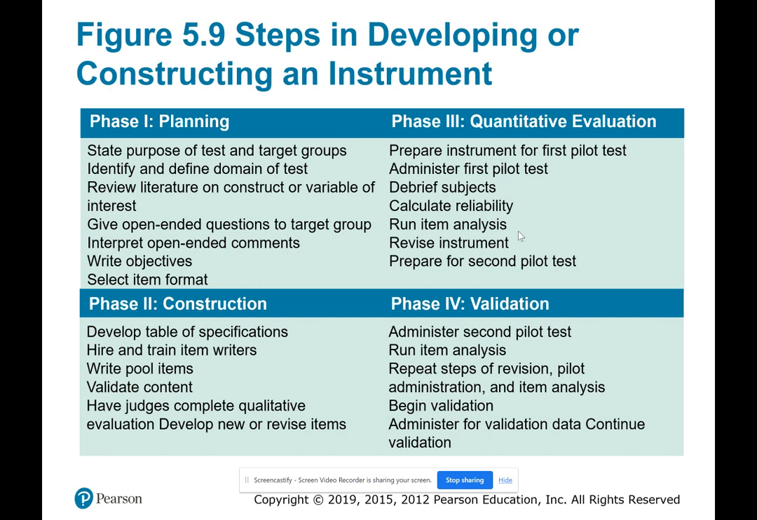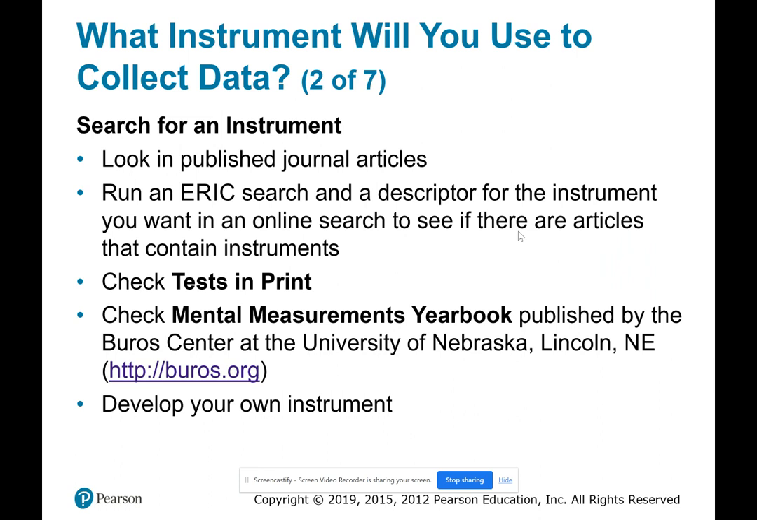If there's not an instrument to measure the variables in your study, then you'll have to create your own instrument, which is not an easy task. There are four phases in development, and those phases are right here: planning, construction, quantitative evaluation, and validation, which means checking to see if the questions work. If you decide to use an existing instrument, the author, whoever created it, could charge you a fee